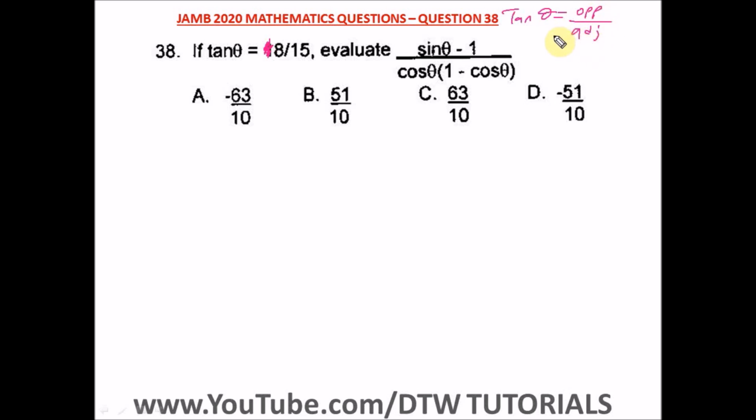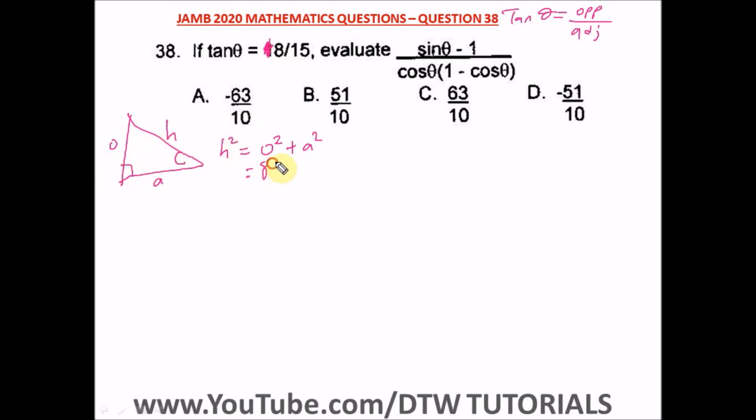So we are given, remember our right angle triangle, we are given the opposite, adjacent, hypotenuse, and we know that hypotenuse square from Pythagoras theorem is equal to opposite square plus adjacent square. So to get our hypotenuse, opposite is 8,